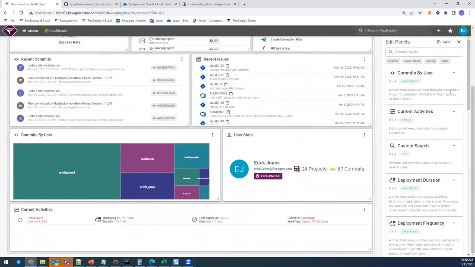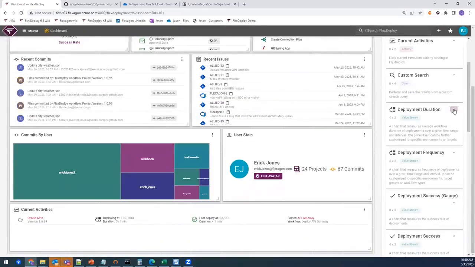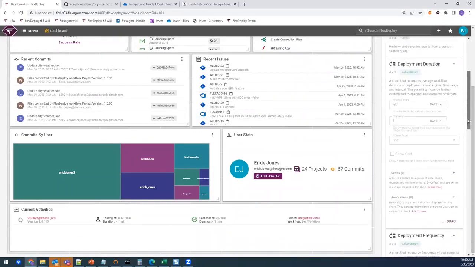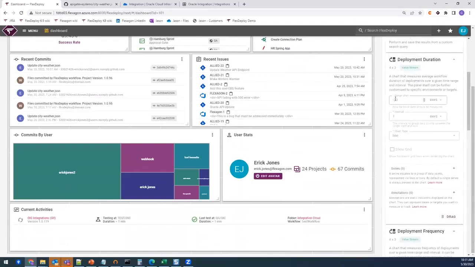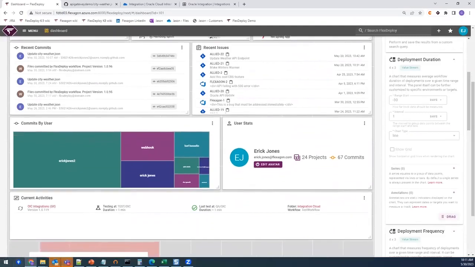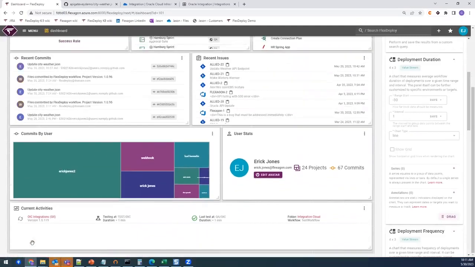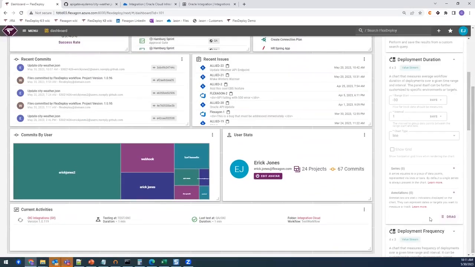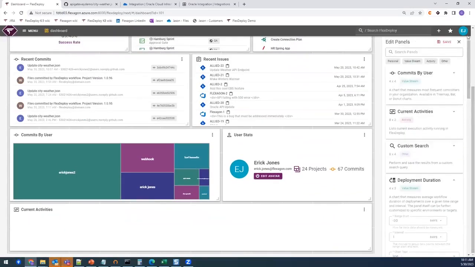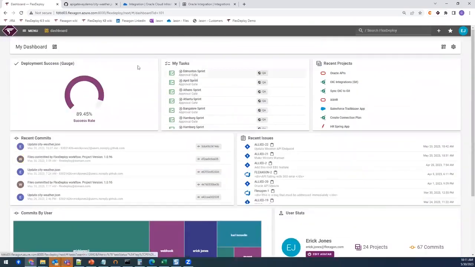The way that works is you identify the metric you're interested in, like deployment duration. Maybe you want to see 60 days worth of data. You want to see a different type of chart. So there's a number of inputs, but you drag that metric into the dashboard, and it will compute the data automatically and on demand. There's a couple of different types of metrics here. This one is using more performance-based metrics,